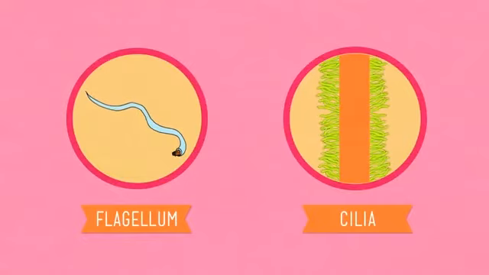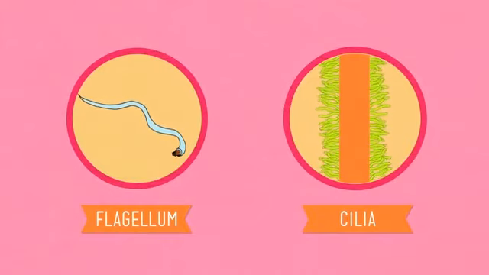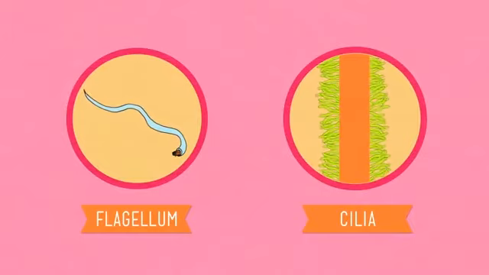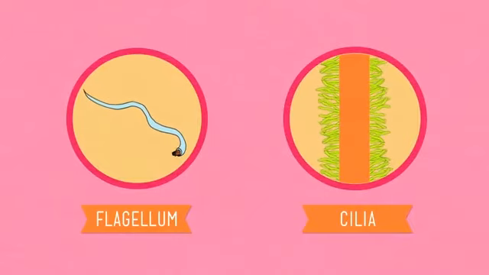Let's start out with city limits. As you approach the city of Eukaryopolis, there's a chance that you will notice something that a traditional city never has, which is either cilia or flagella. Some eukaryotic cells have either one or the other of these structures, cilia being a bunch of tiny little arms that wiggle around and flagella being one long whip-like tail. Some cells have neither. Sperm cells, for instance, have flagella, and our lungs and throat cells have cilia that push mucus up and out of our lungs.